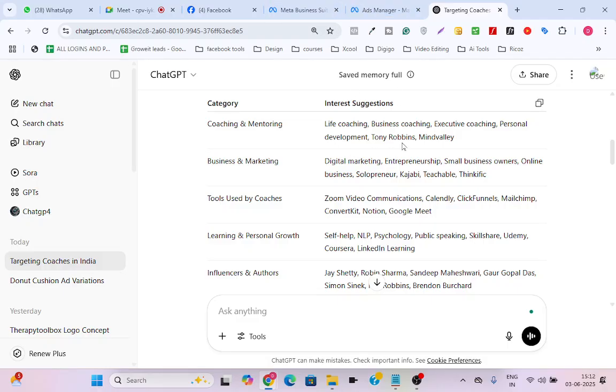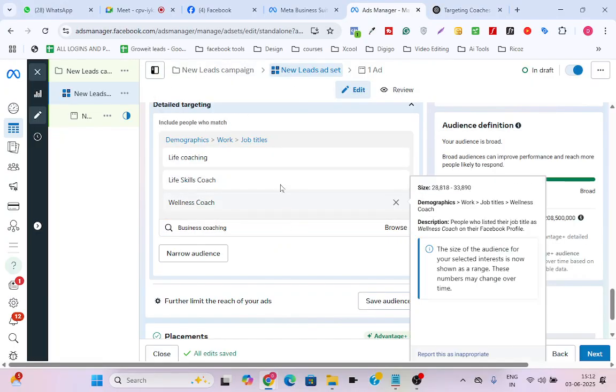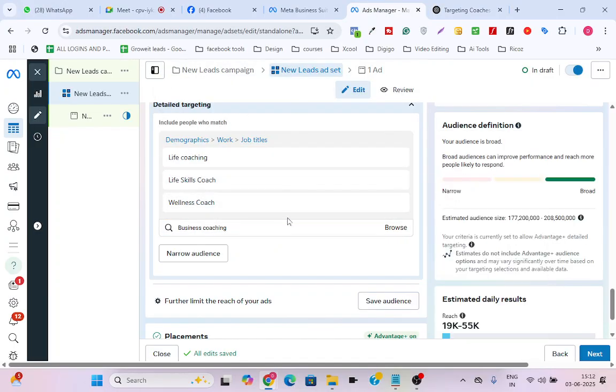Copy and paste from ChatGPT. It will give you an idea. Understood. You need to find out similar interests over here. Okay. Understood. Now here, let's say for example,